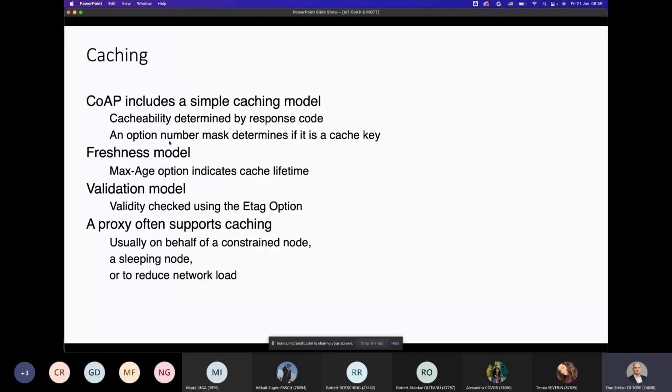So you can append the max age option to indicate the lifetime of the cache. So after a time being stored in a cache, the data would expire. You can also have a validation model, and the proxy often supports caching. So whenever you have a proxy within your network from HTTP to CoAP and backwards, the proxy can support this caching model